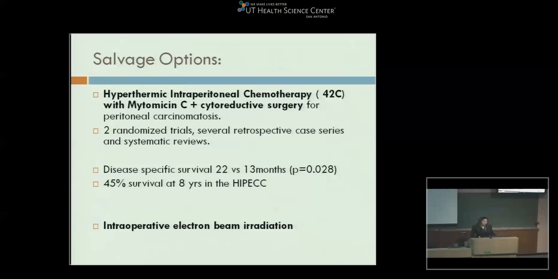There are 2 randomized trials that talk about this. There are several retrospective case series and some systematic reviews. I just put a little bit of a review of what more or less all of them say, and it's that disease-specific survival was improved to 22 months versus 13 months, and 45% survival at 8 years when you do this type of procedure. However, it is not considered a standard of care, and there are not true randomized control trials about this,